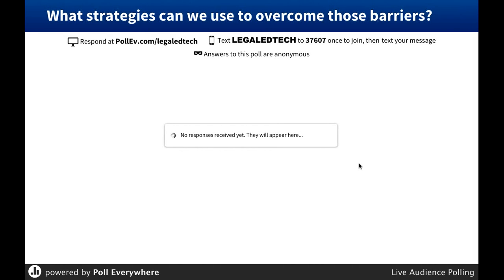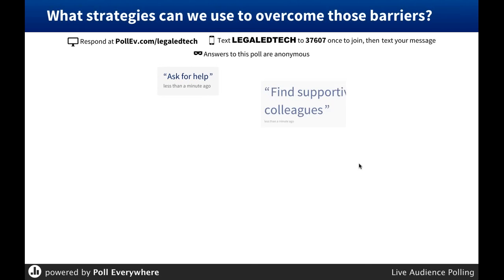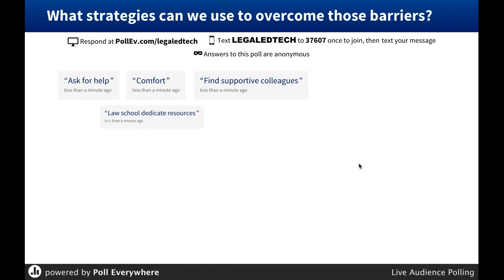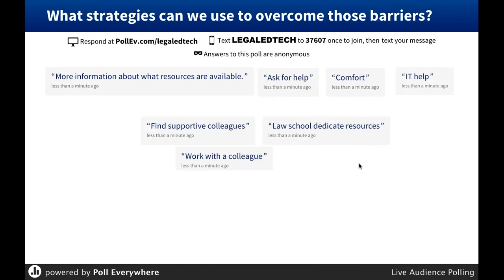We all have had to use technology at various points. We have felt that barrier. There's been a fear. What strategies have you used to overcome those barriers? For this poll, you can type in a phrase or a one-word answer. All right, so we have reaching out to supportive colleagues, asking for help, finding more comfort,